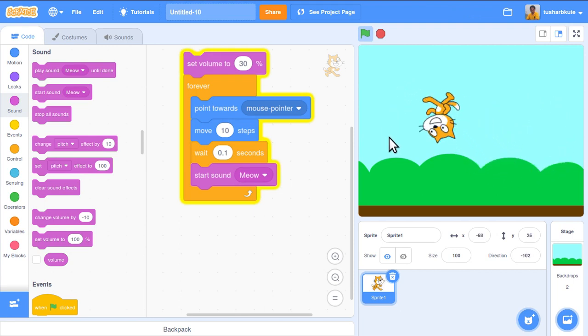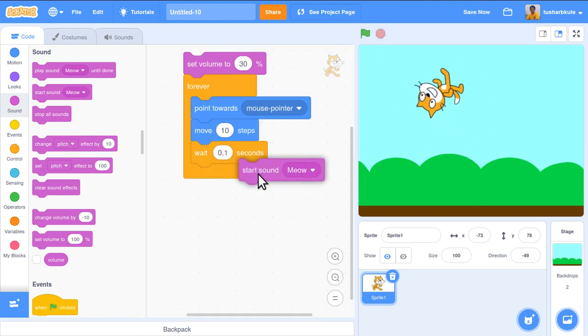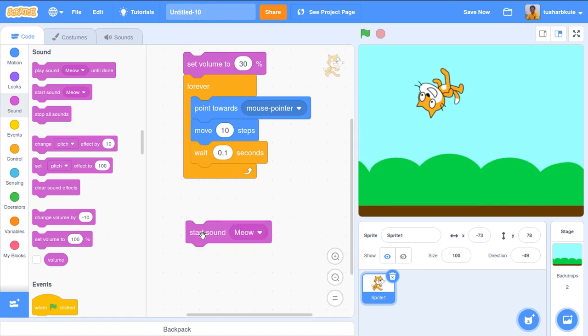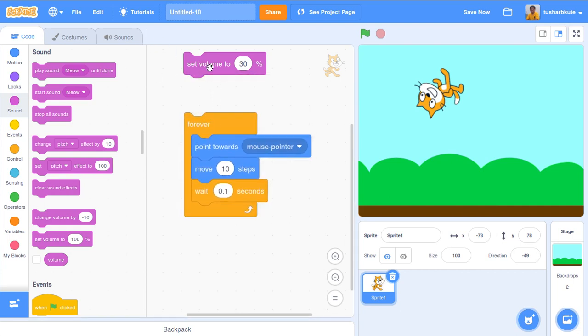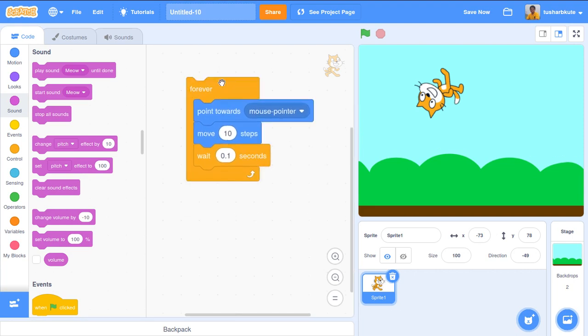Yeah, it's following. It's following the mouse pointer. Yeah, this is how a small simple application is possible to create. Stop. Now the sound, I'll delete that, dragging it out of the program. I'll press delete, it's deleted. Now I don't require this part either, so delete. A simple code I have created. I just removed the sound, and now click. Yeah, now check it out.